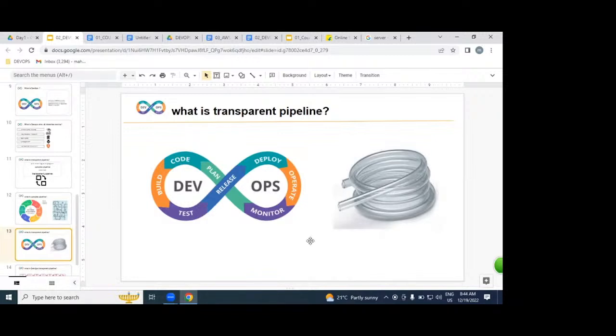Understood? If any issue or any blockage occurs in the middle, you can see at one look in this transparent water pipeline exactly where the problem is and resolve it as soon as possible. The same way with the DevOps process. DevOps is an automated process. DevOps is a transparent process. In the middle, if you get any issue or any problem,